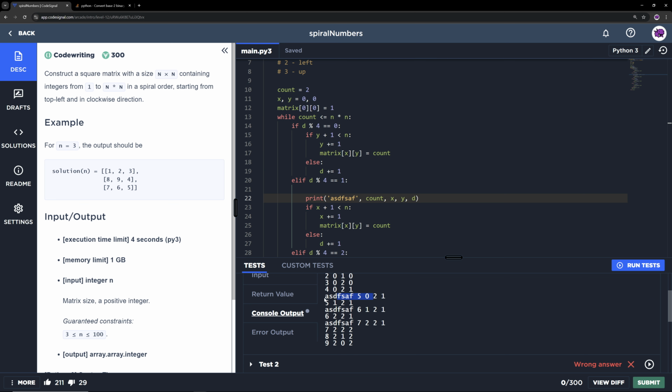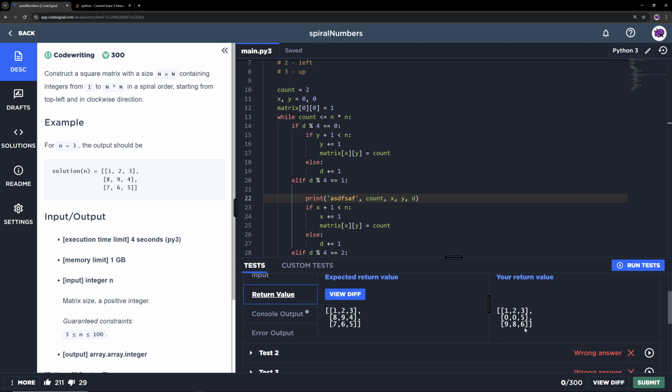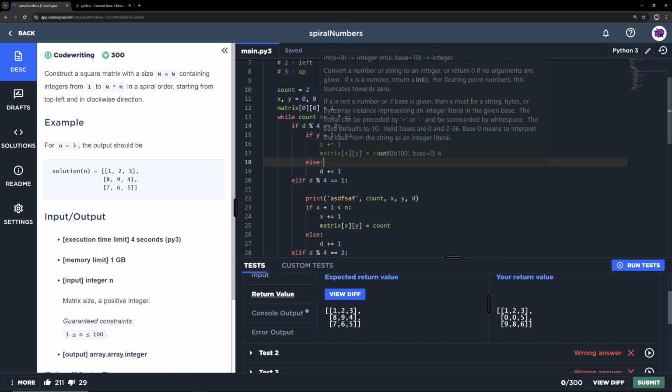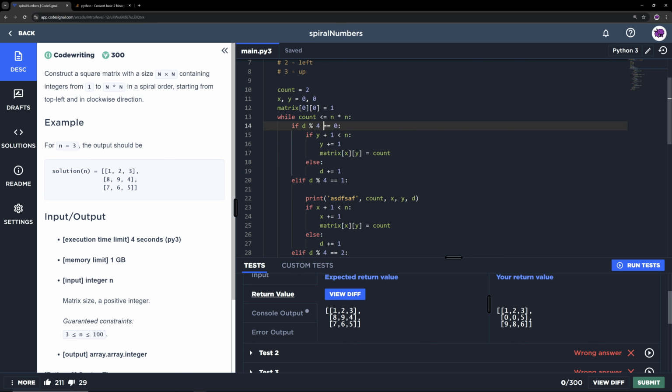5, 6, 7. 5, 6, 7. What? Why is 7 going down as well? Okay. So I think this thing is being troublesome. Let me think. So we go to the right,